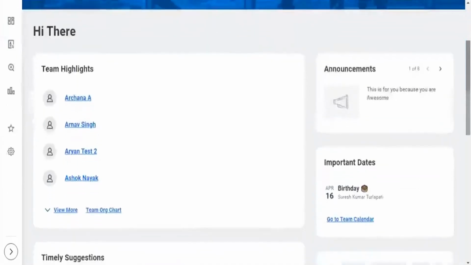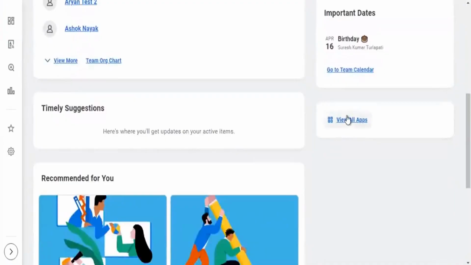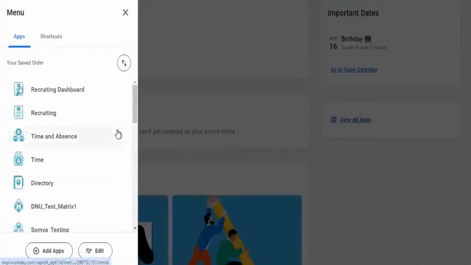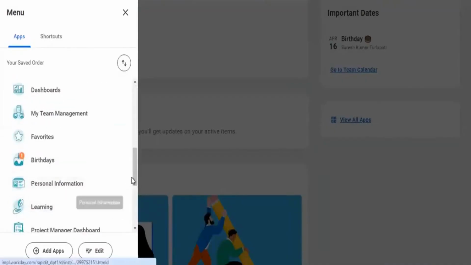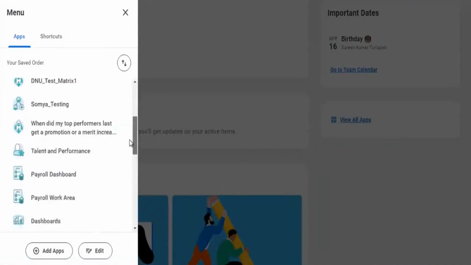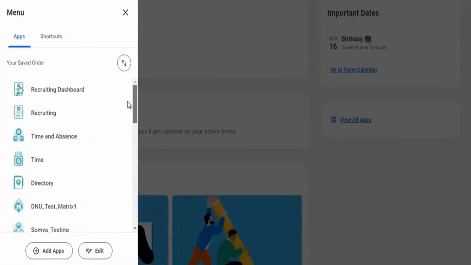You go to the Learning Administrator page, not the External Learning Administrator page. This Learning Administrator page.